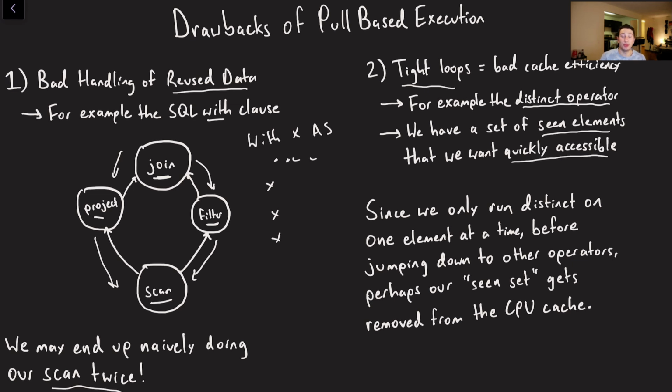However, if we run the distinct operator, and right before we actually run it, we jump to the project operator, and right before we run that, we jump over to the filter operator, and right before we run that, we jump over to the scan operator, I bet we're probably going to have some amount of cache thrashing, where all of the relevant values that we need to have locally cached keep getting replaced by the downstream operators and then keep getting replaced when you go back up the chain. So I could see that being a problem here.